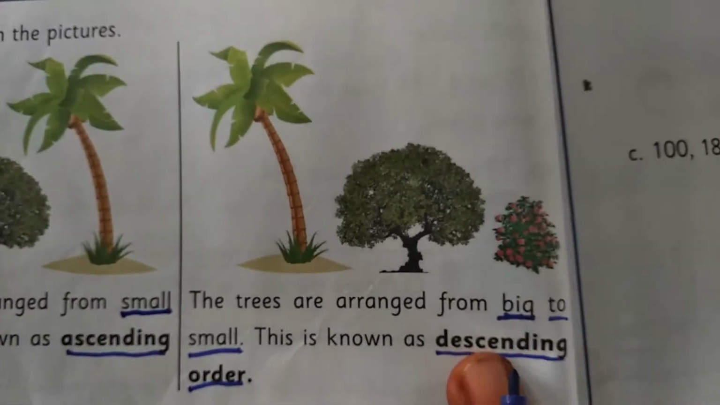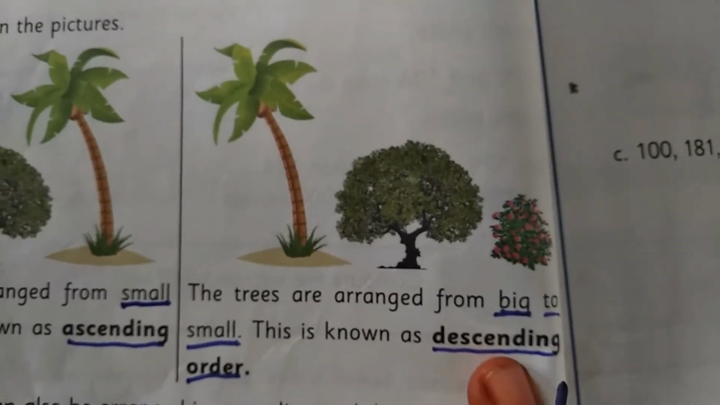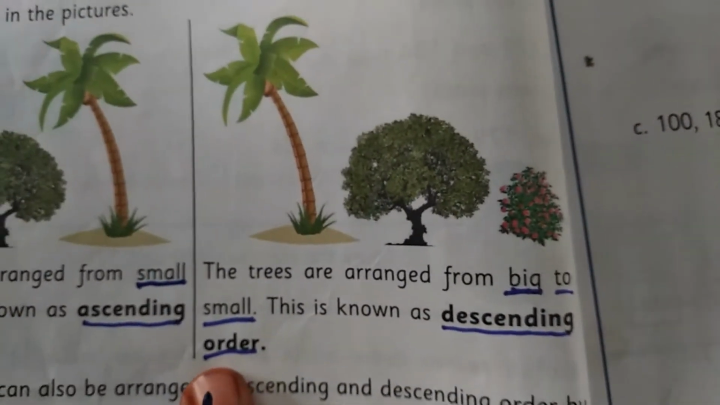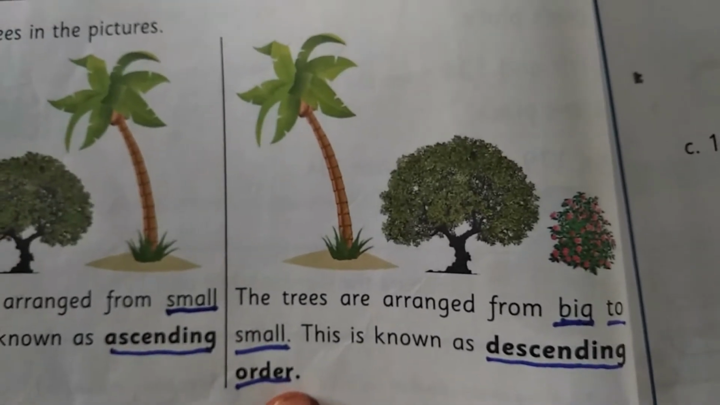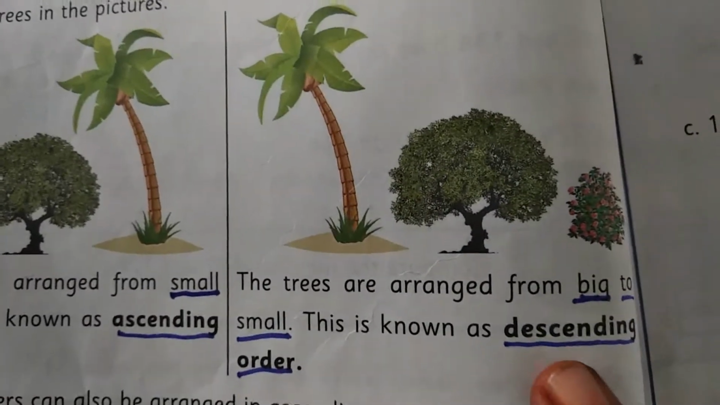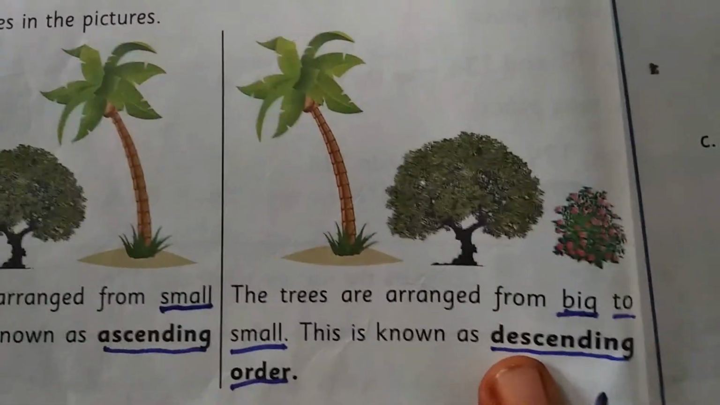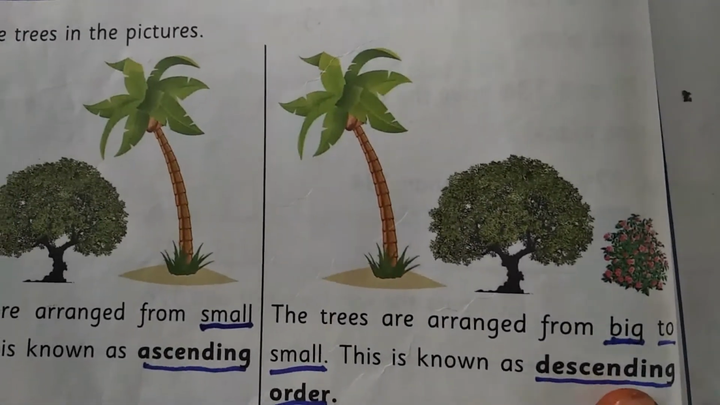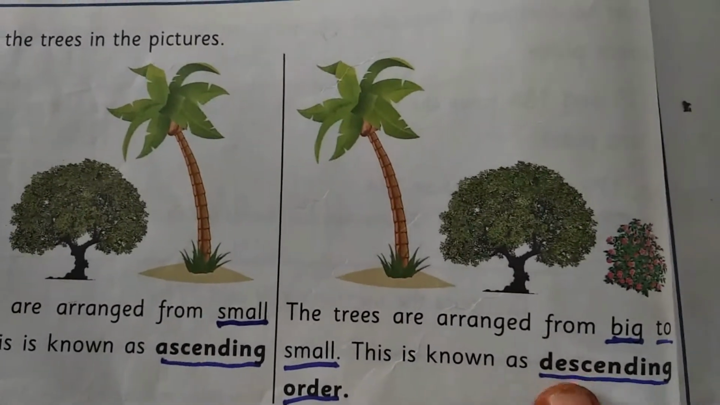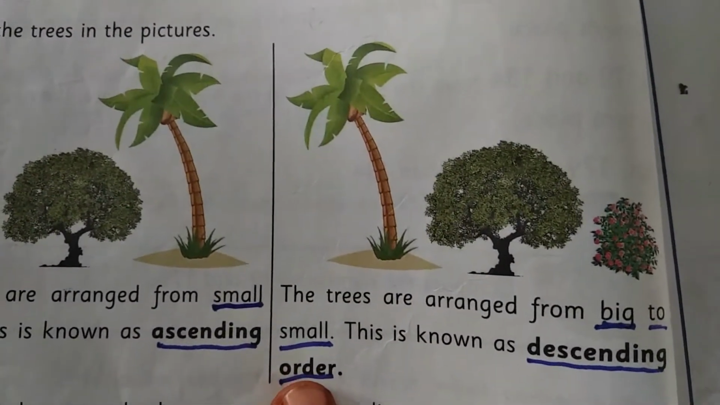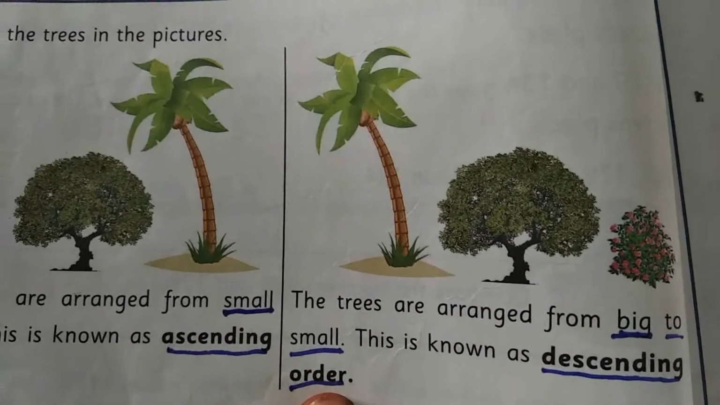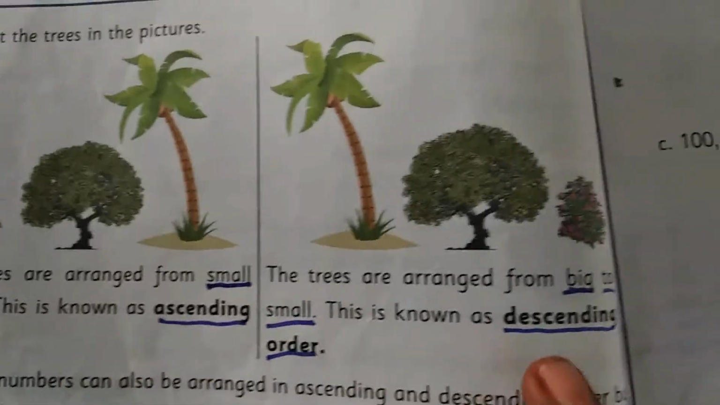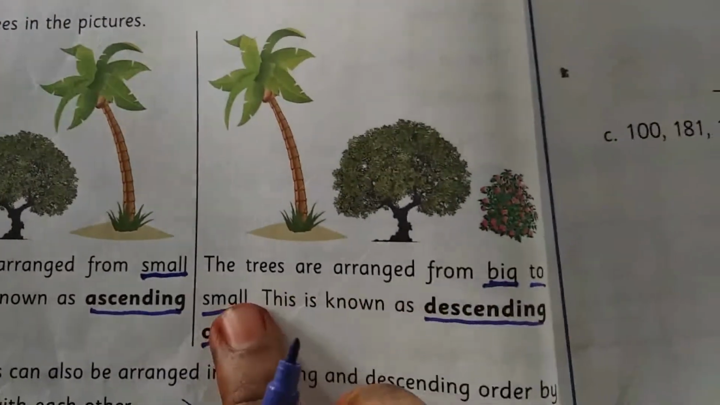Spell along with me, children. D-E-S-C-E-N-D-I-N-G, descending order, O-R-D-E-R, order. Okay, so descending order. Once again, tell along with me, children. D-E-S-C-E-N-D-I-N-G, descending order, O-R-D-E-R, order. Okay, descending order. So ascending order means from small to big, and descending order means from big to small we want to arrange